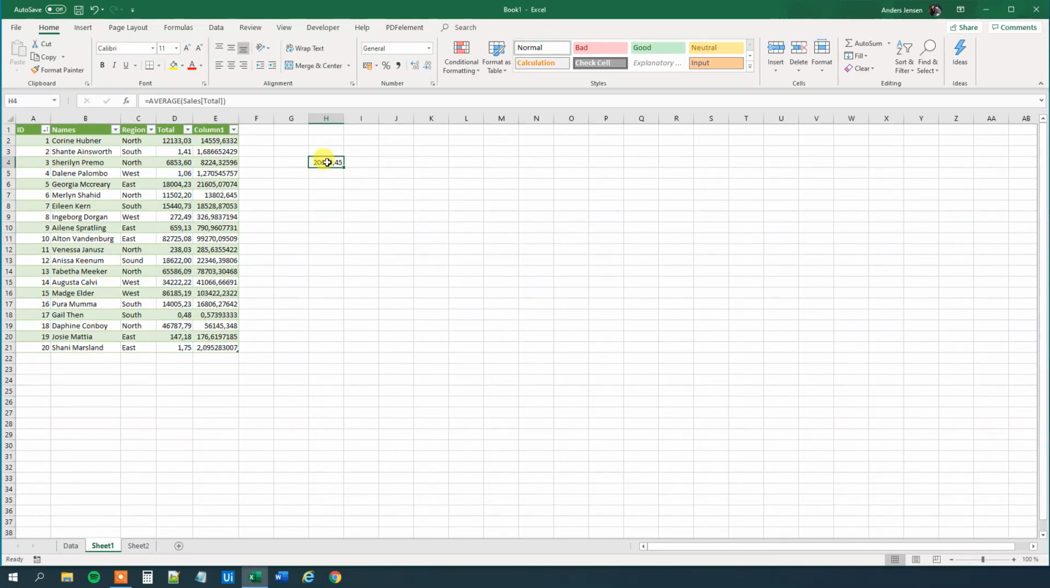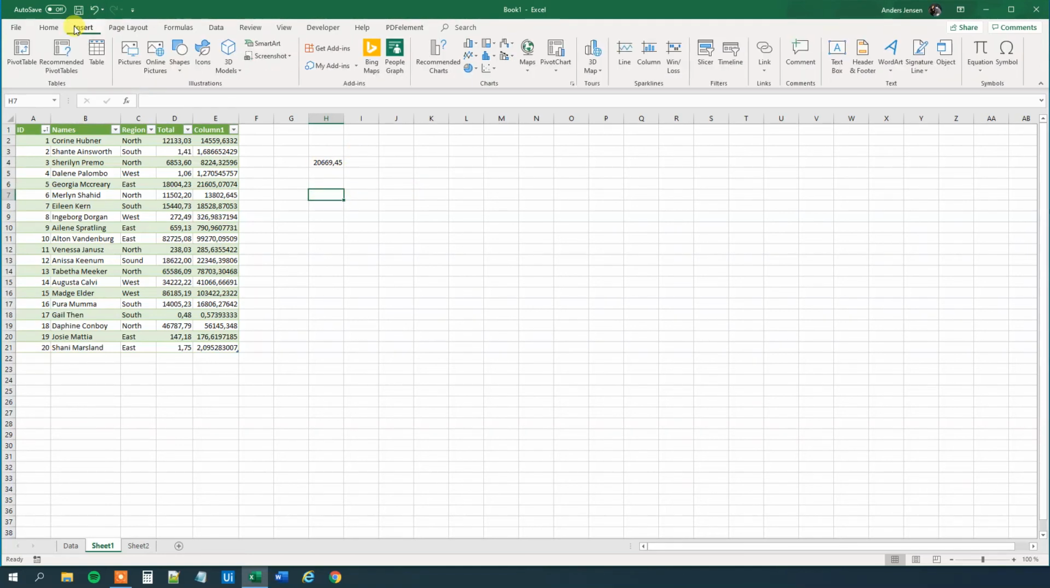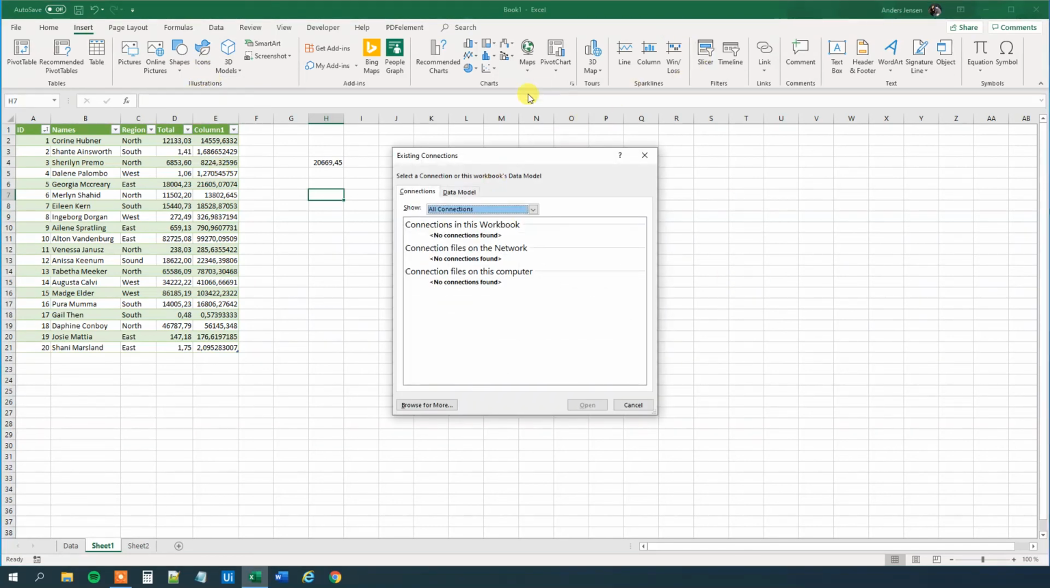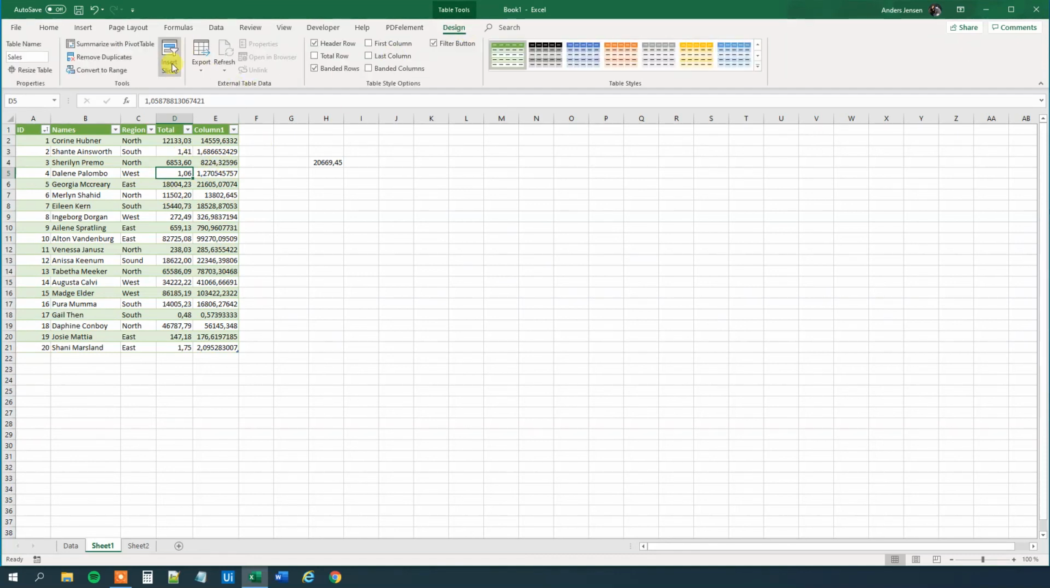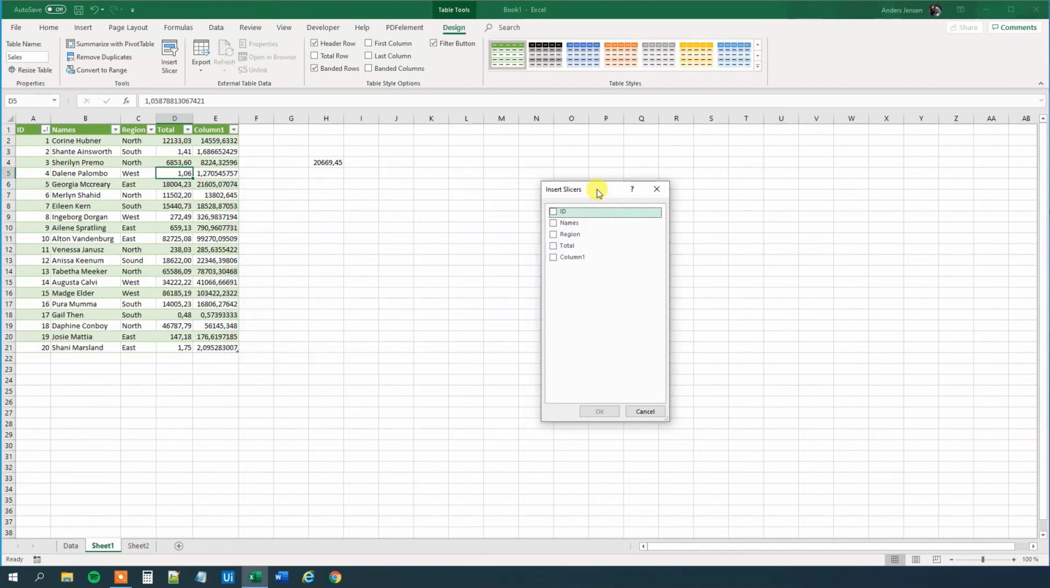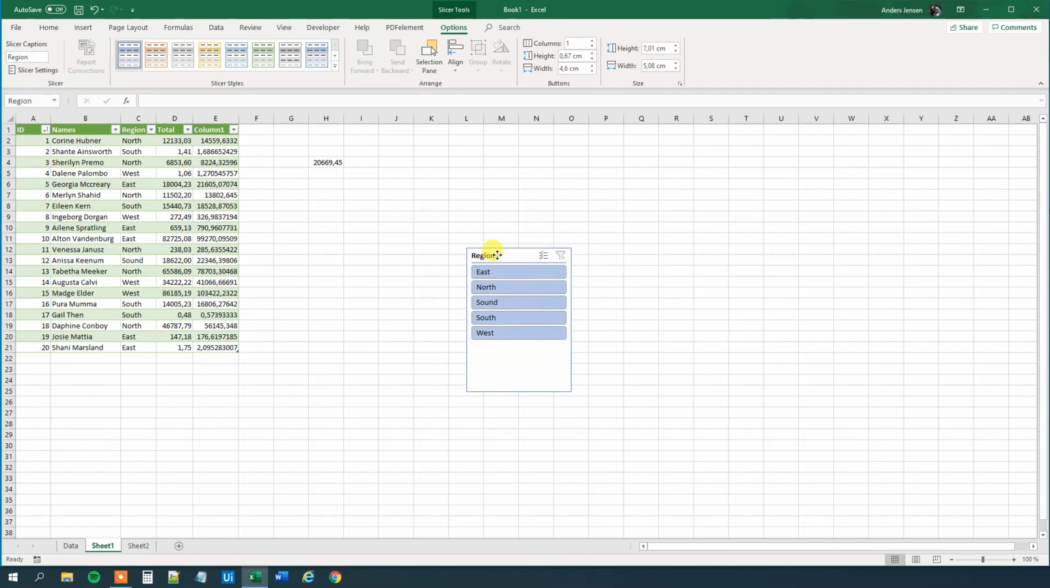Really smart. Another powerful feature is the slicer. What we'll do here is just click a cell in the table, then we'll go to design, and then we'll click insert slicer. Now what we can do here is mark the region, then we can click OK, and now we got a nice looking